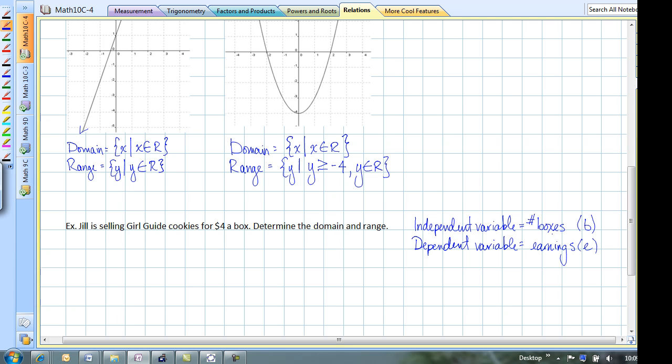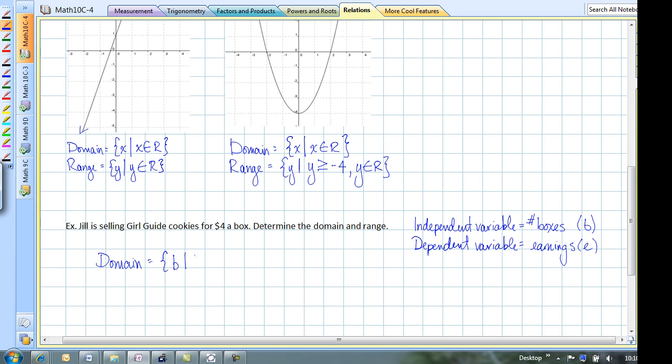And so what do we know about the number of boxes? Well, she can't sell half a box. She can't sell negative boxes. Could she sell 0 boxes? Absolutely. Conceivably, could she sell infinite boxes? Well, probably not. But for our purposes here, what we'll say is that the domain is the set of B